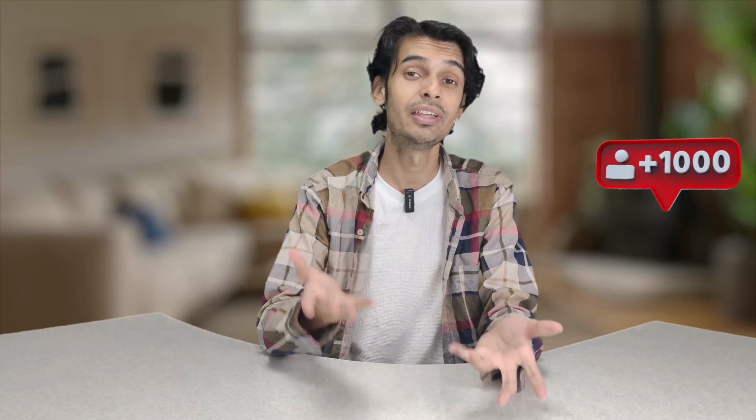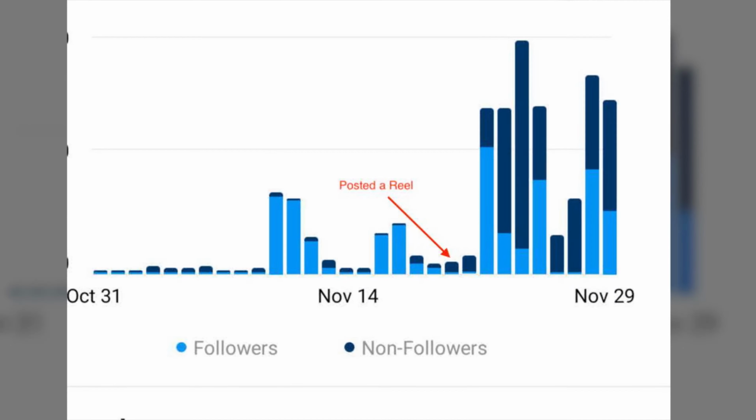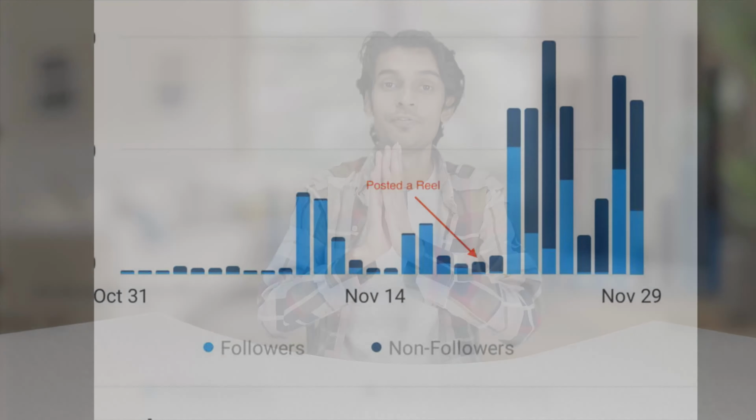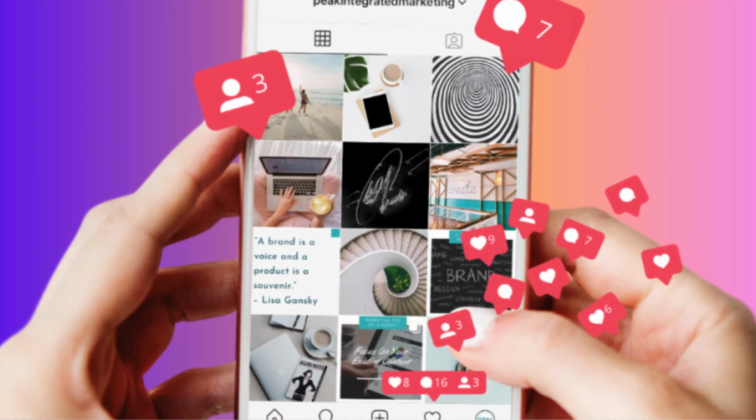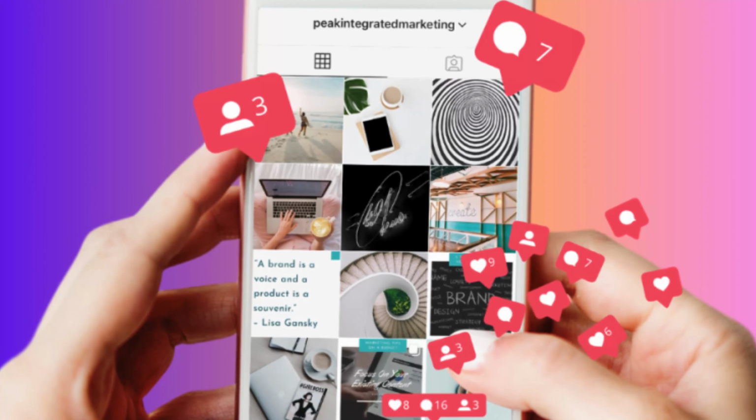For example, you have just 1000 followers, but you have an engagement of 80% of your followers. That means you get 800 likes or 700 likes, or engagement on each and every post of your Instagram. So that means your engagement rate is very high. In this case, the followers will not matter a lot. Your engagement will matter more, and the more you attract the audience, the more sponsorships you will get.